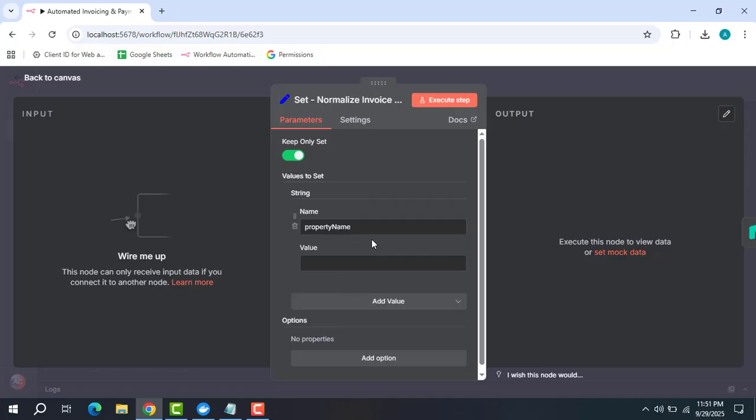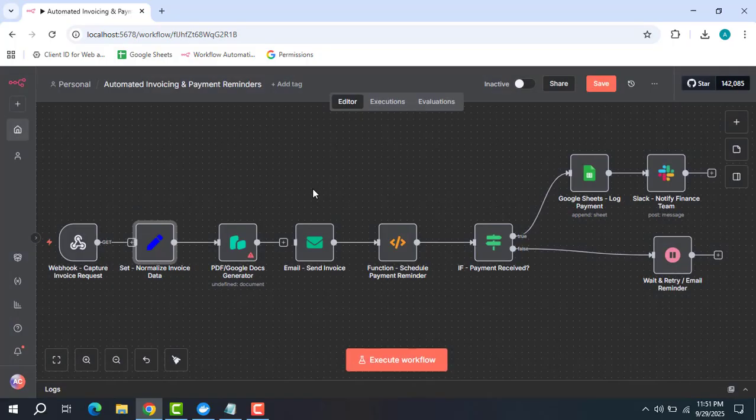The purpose of the set node is to prepare all required fields for invoice generation and reminder. So I told you the fields are invoice ID. Next is customer email. After that it's amount and the due date. That is the field that will be mapped out on the set node. Okay, after that